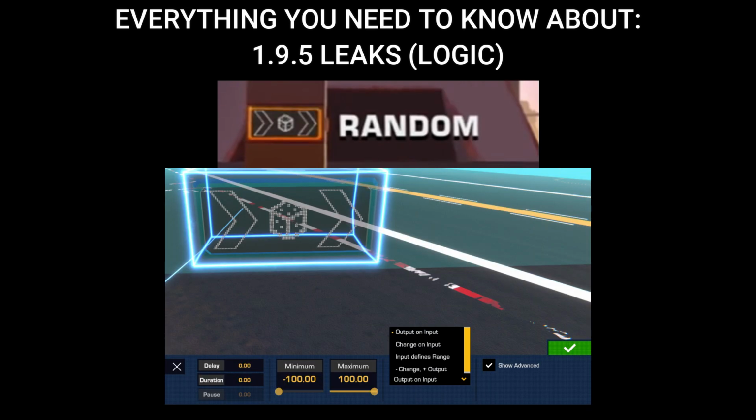Next is the random logic block. This is just a random number generator. If it receives an input, it scrambles and randomizes it within a range and outputs to things that it's connected